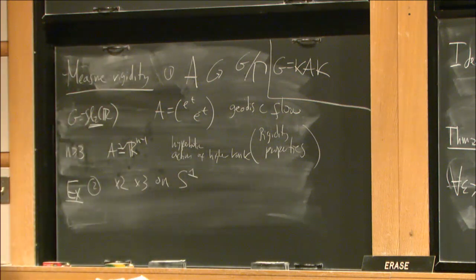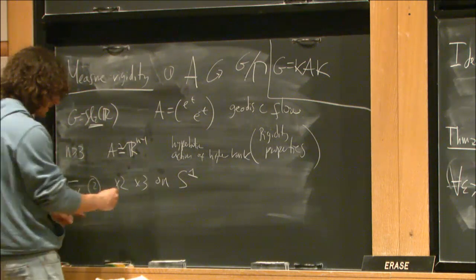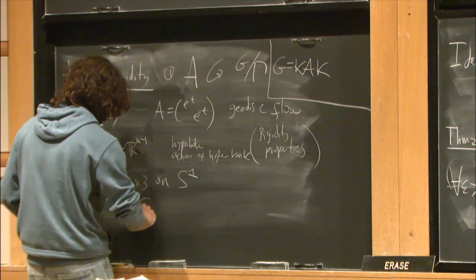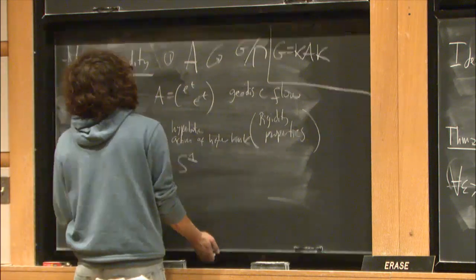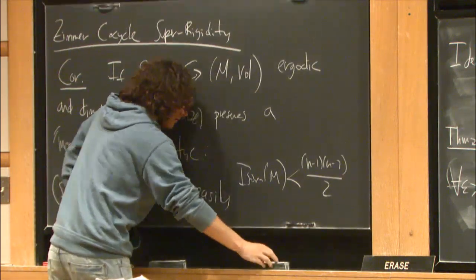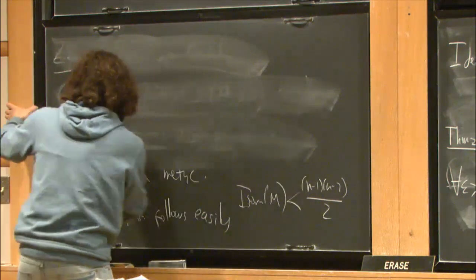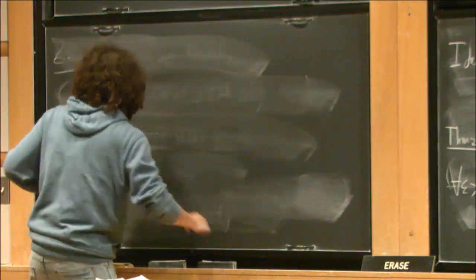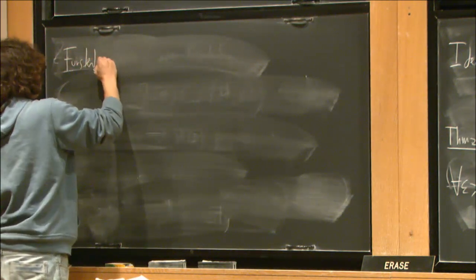In that case, this is a Z^2 action on the circle, and there's this Furstenberg conjecture